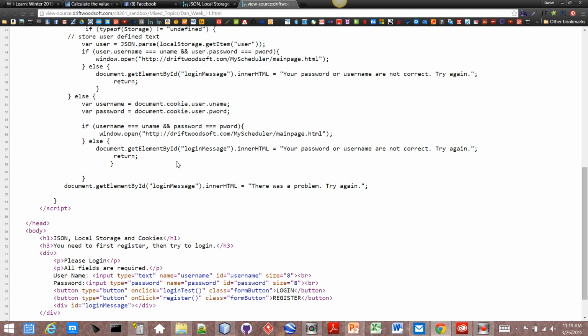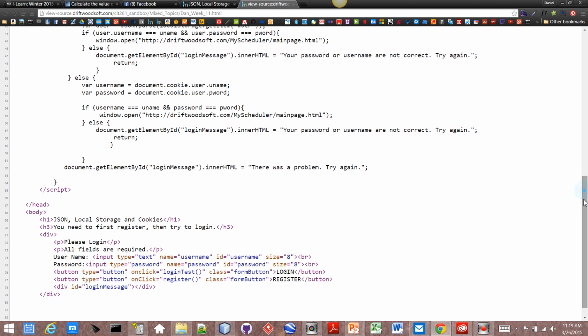And you open the page. Basically all it's doing is testing to see if both username and password are true. You go to the web page, and if not, then you get the message and you have to try again. Then here is a catch-all in case there's a problem. Just saying, you got to try again, there was a problem. And that is my